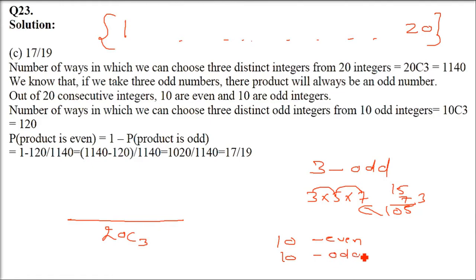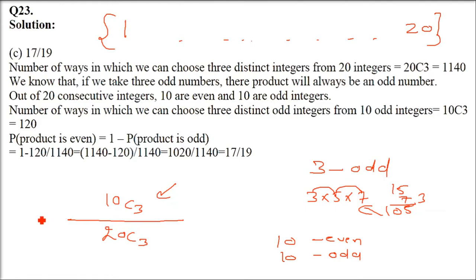So why not find out the odd multiplication, and then subtract it from 1 so that we get even. So we are taking here 10C3, meaning from the odds we are picking 3, and we know that this is the probability of getting a multiplication of odd. But the question is asking about the product being even. So what we'll do? We can subtract it. If the probability of getting an odd product is subtracted from 1, then you get the probability of getting an even multiplication, right?